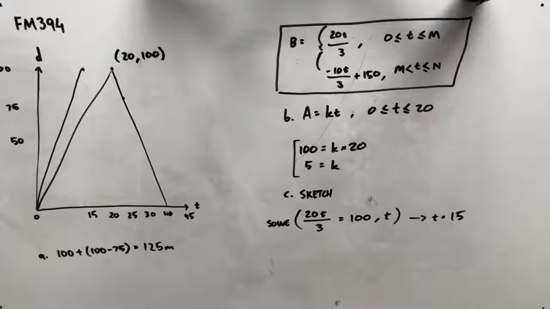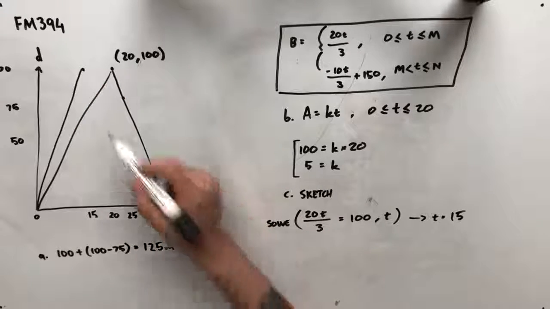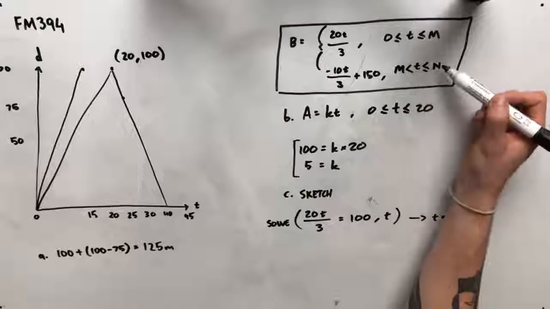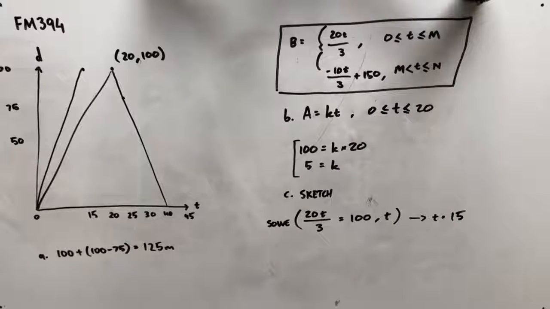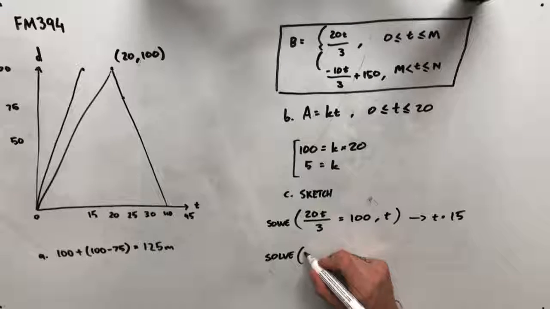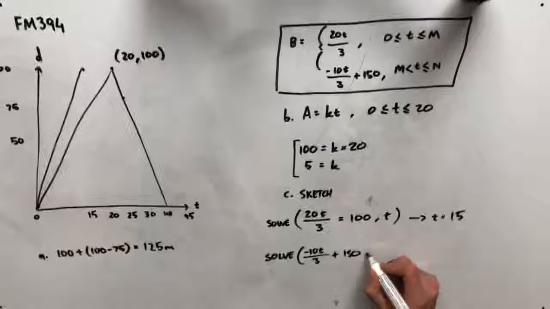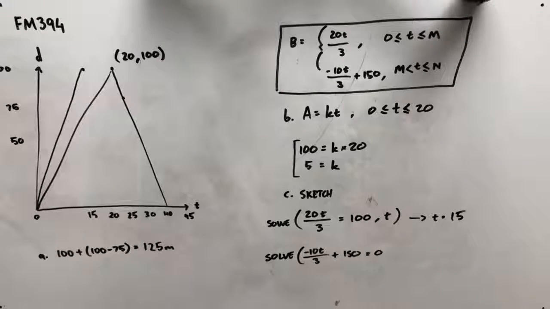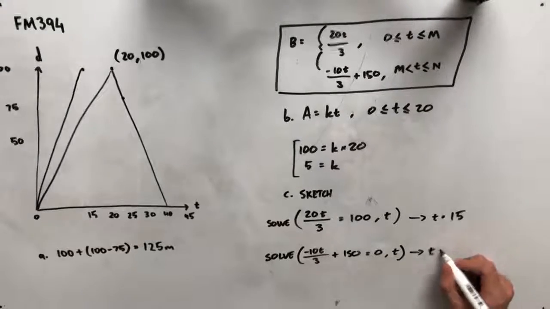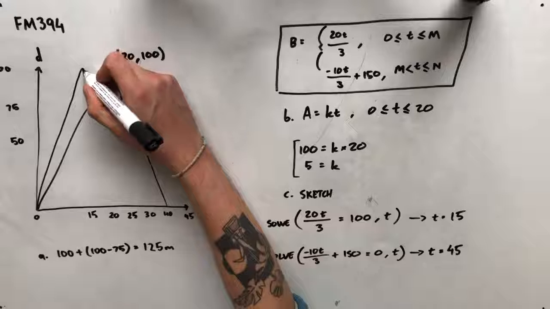So he's actually gotten to the tree 5 seconds before Tommy got to the tree. To find our other point, we want to know when he's back at his starting position, which means the distance from the starting position is going to be 0, and we're going to use our negative equation because this one is the one that involves where he finishes the race. So now we're going to solve negative 10t over 3 plus 150, where the distance will be equal to 0. Of course, we want to find t again. Plugging that all into a calculator, we should get that t is equal to 45 out here,